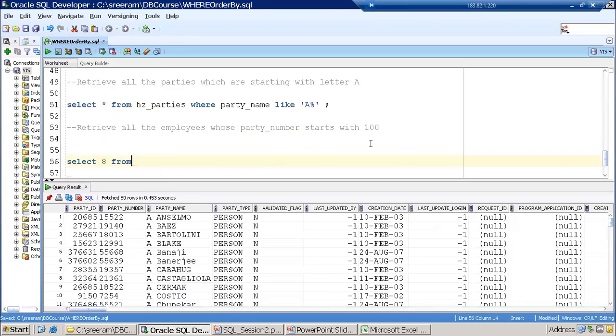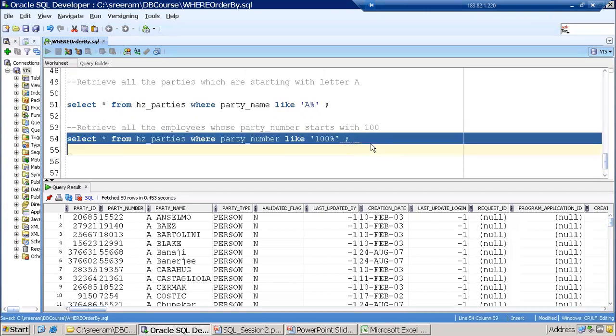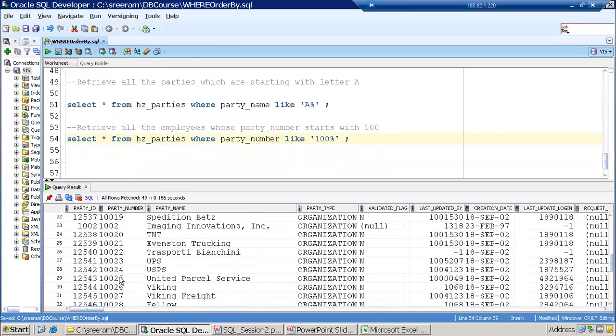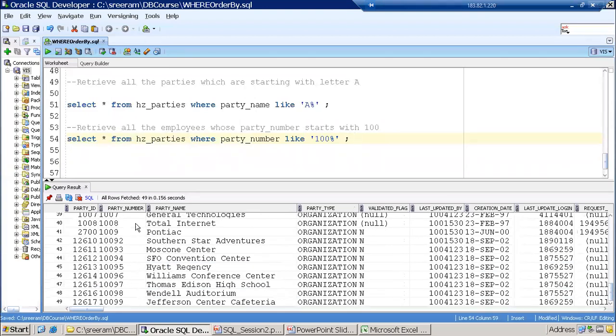Select star from hz_parties where party number like '100%'. So what does it do? It retrieves all the parties whose party number starts with 100 and ends with some other value. So you can apply the LIKE operator on character or on numeric columns also.